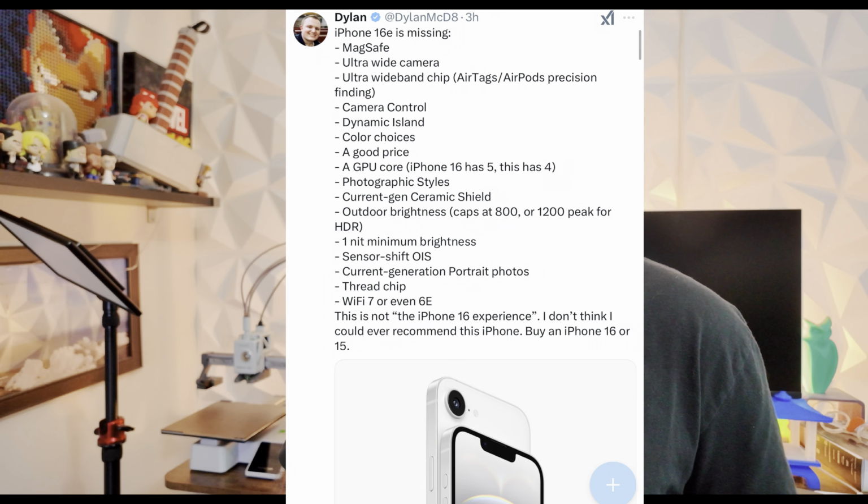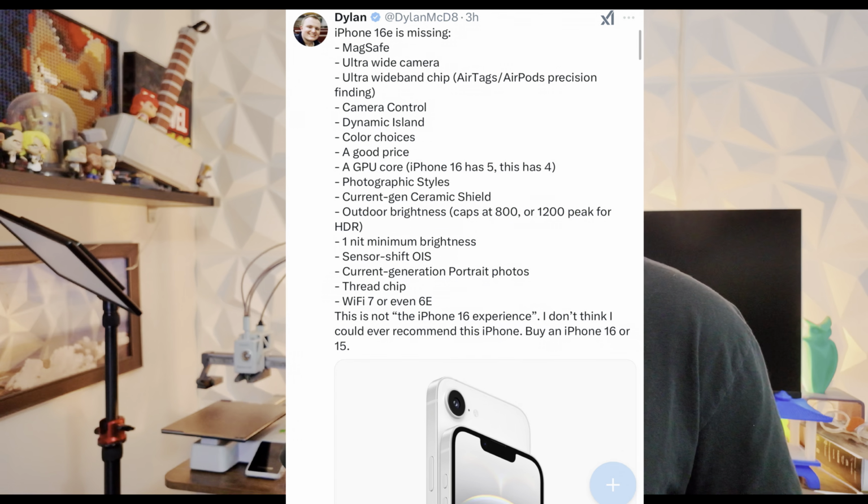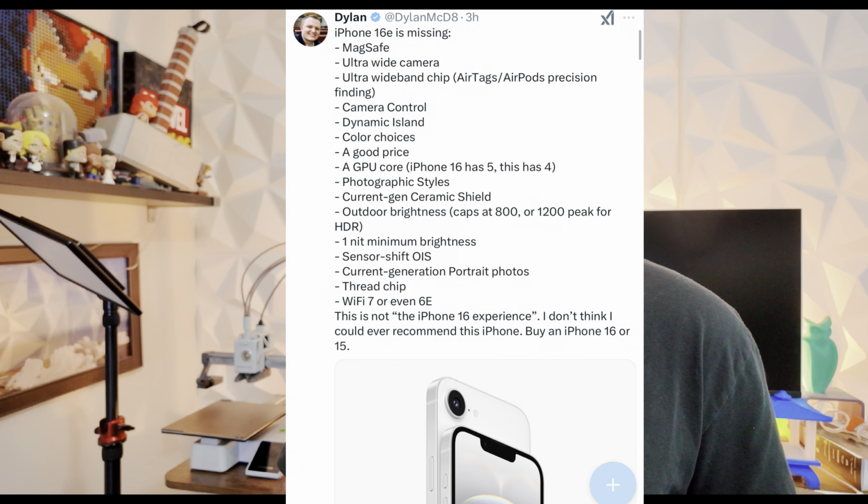You do not get photographic styles. Current gen Ceramic Shield. This actually does have a lower outdoor brightness that caps at 800, or 1200 peak for HDR. 1 nit of minimum brightness. There's no sensor-shift OIS. There's no current gen portrait photos. There's no Thread chip. There's not even Wi-Fi 7 or 6E included in this. So we're talking about Wi-Fi 6 is where it tops out,